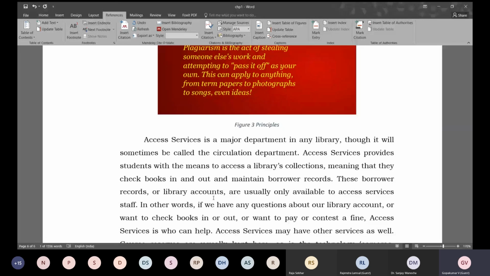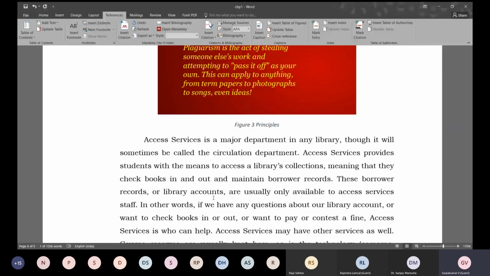Then we have learned how to create a contents page using this, and then how to create a contents page from two files which are available on the desktop. You try it, it will work. Surely it will work. And then the last thing we have learned is how to create the list of figures and graphs in Writer. These are the things which are essential in the case of writing a thesis or dissertation.